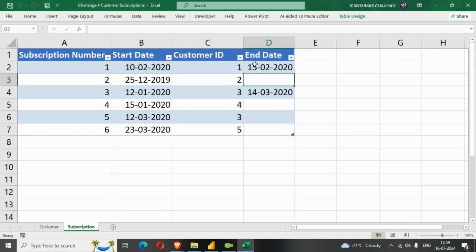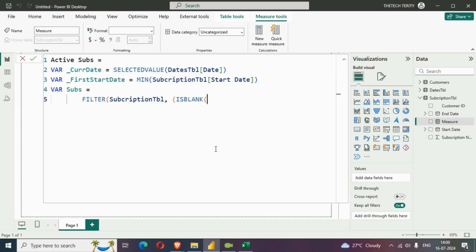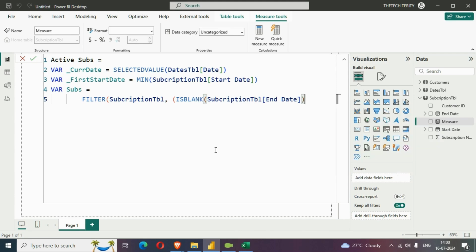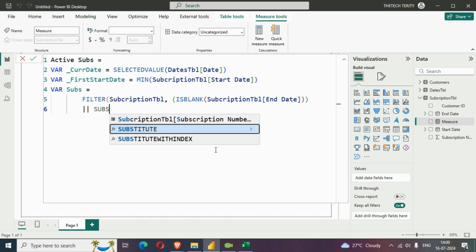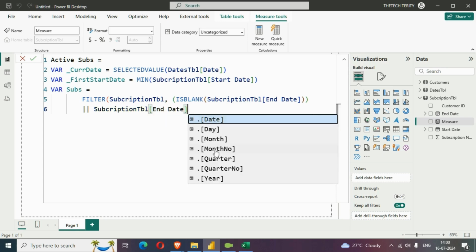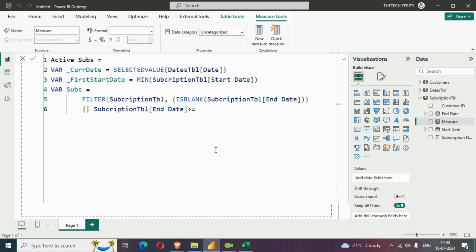So that's why I use it. If the end date is blank, we need to provide a condition here. So I'll say if the subscription's end date is blank, or I'll use OR, so I'll use double pipe here. Then I'll say, or the subscriptions table end date, we need to provide end date here, if this is greater than or equal to the current date,